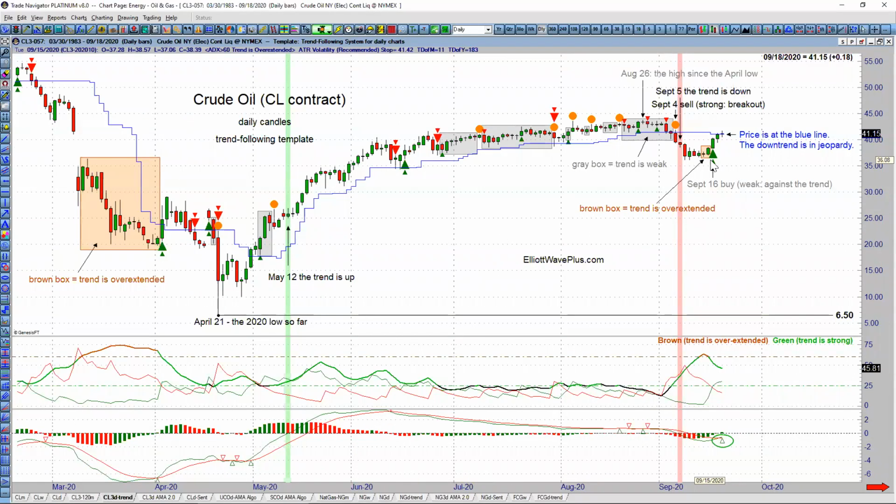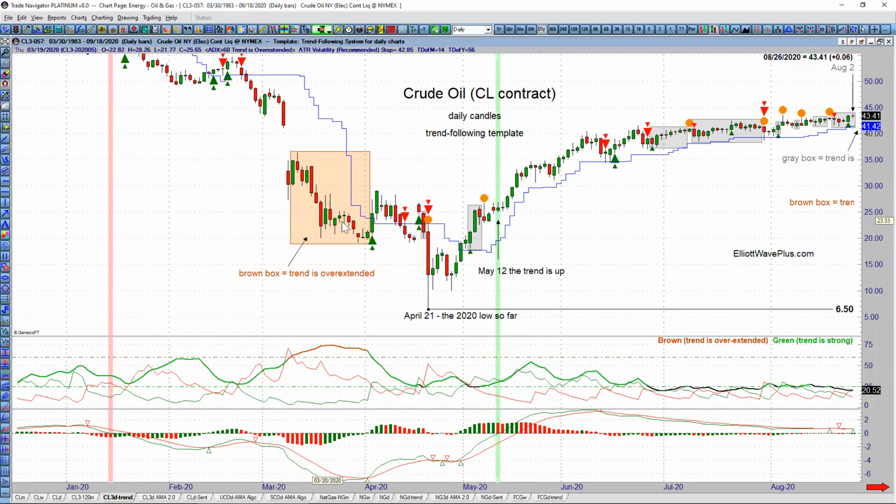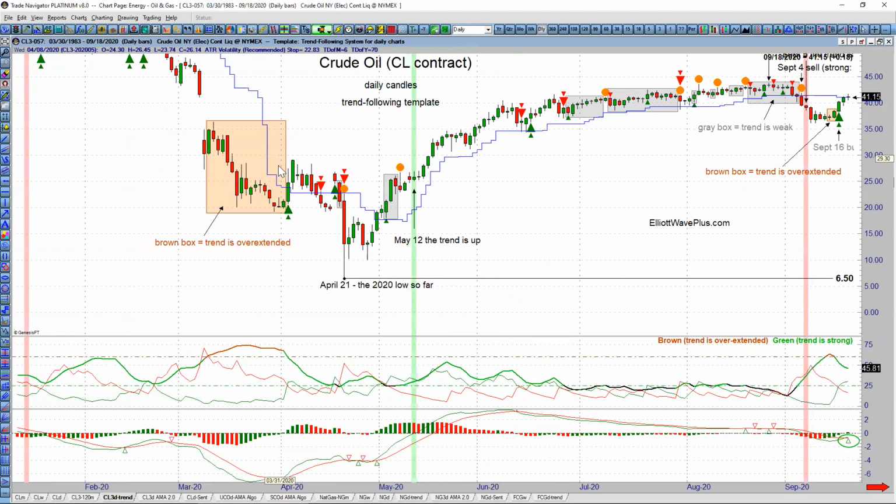Now it's on a buy signal on the daily contract on the trend following. And here's an amazing thing. These brown boxes only show up when the trend is overextended, and that is when the ADX line is above 60. So obviously the trend was mightily extended as it moved down into that April low, and that particular brown box showed up during the wave 3 of this thrust out of a triangle. It didn't show up at the end of wave 5,